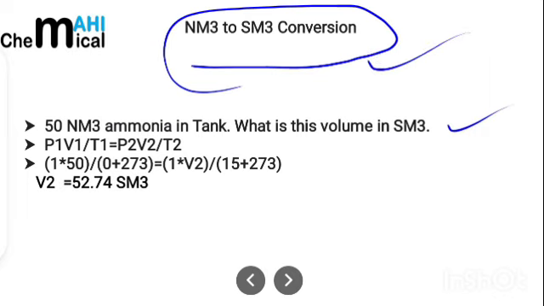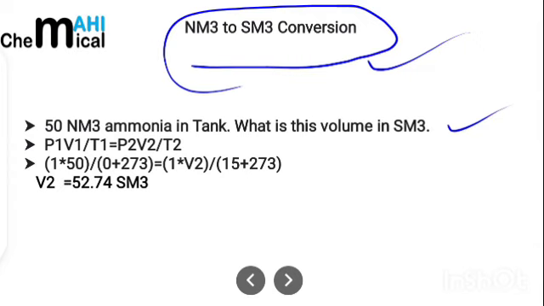Now the second query. How to convert Nm³ to basically Sm³? 50 Nm³ of ammonia is present in a tank. We have to convert this volume into Sm³. So here we have to use the ideal gas law, P1 V1 by T1 is equal to P2 V2 by T2. Here pressure we can take in atmosphere, volume can be taken in meter cubes,